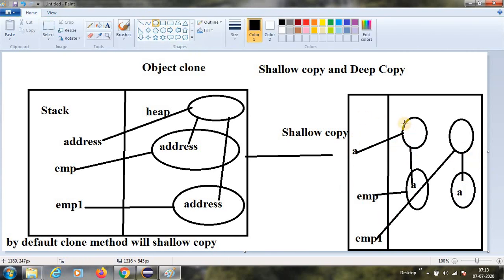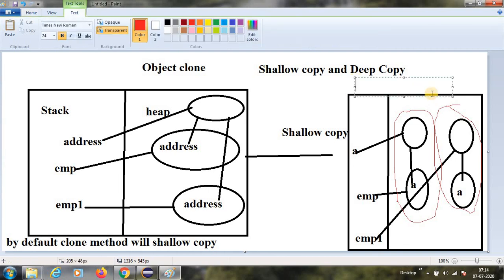This part is the original set, and this part is the copy set. This is the deep copy. This is the shallow copy.